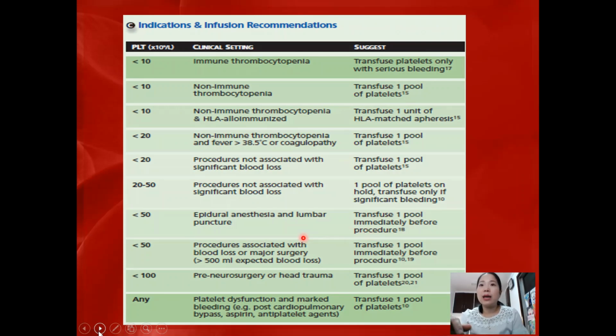Okay, so again, even if we have recommended prophylactic platelet levels, you have to go back to the clinical settings of your patient. What is the clinical scenario, and what if ever the patient will undergo an invasive procedure? There are different platelet recommendation cutoffs for transfusing these platelet products.